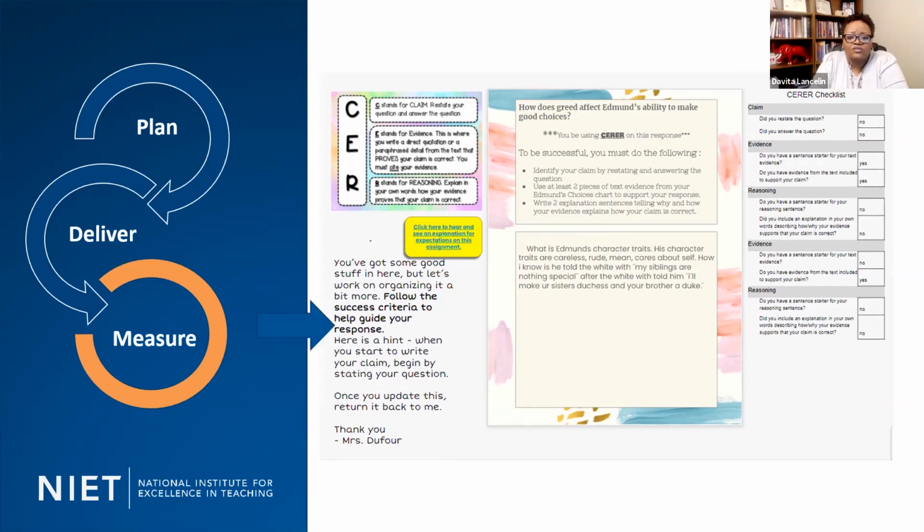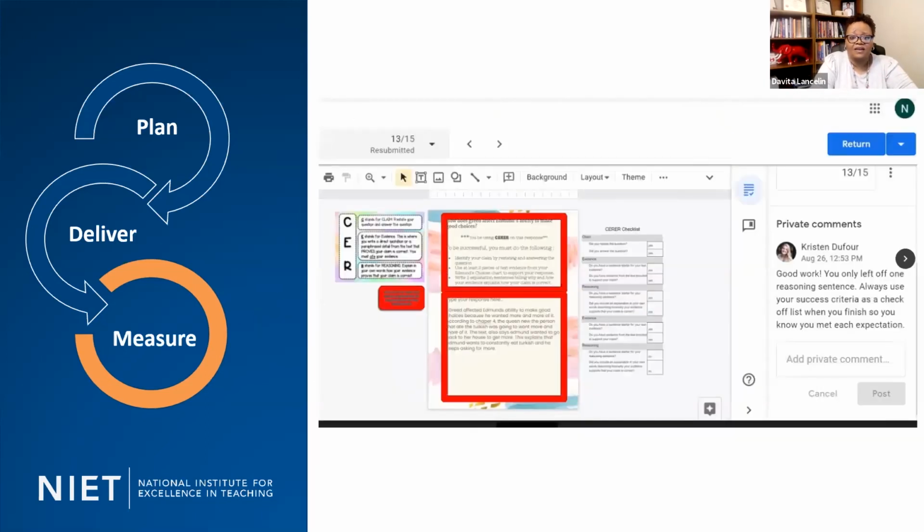And then the teacher also provides that feedback and refers students back to the success criteria with an additional support to give students multiple opportunities for success. Then you may even notice that the teacher allows the students to resubmit their work once they receive the feedback from the teacher, giving them that additional opportunity to strengthen their work. The observer should then take time to review that student work sample and assess student progress towards mastery of the